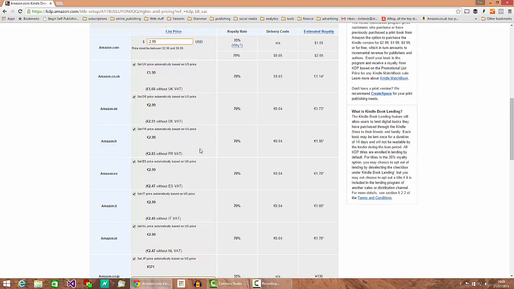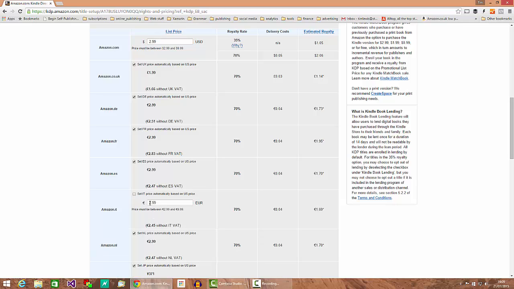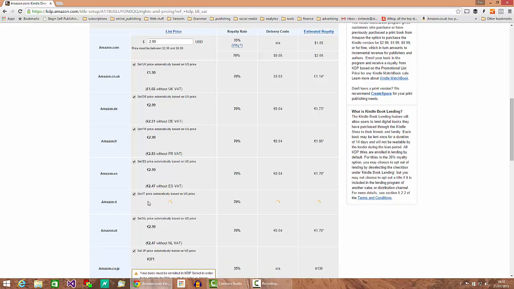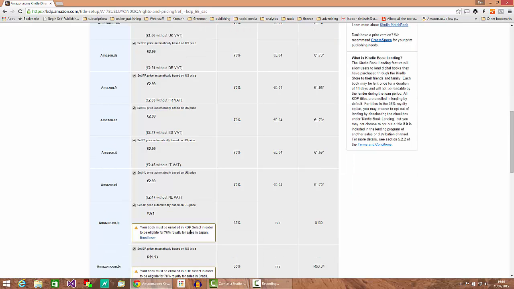Thankfully, they've changed the way the pricing works. You used to have to enter, if you wanted to select an individual price in a different country, for example a specific price in Italy, it used to add on VAT to your price, which was a real pain. So you'd enter $3.99 and then you'd find out the actual price on Amazon was down as $4.08 or something like that. Now if you set the price individually rather than basing it off the US price,